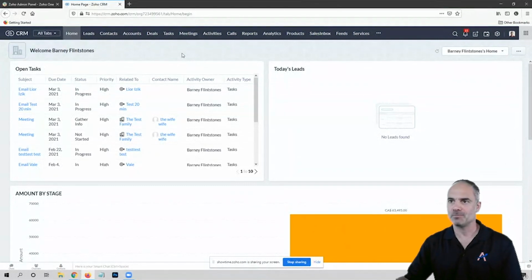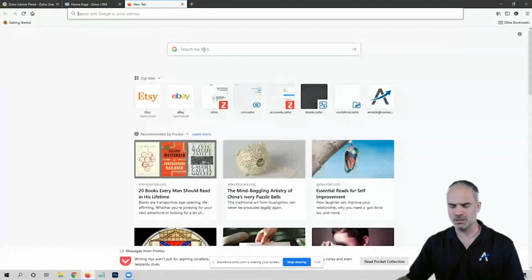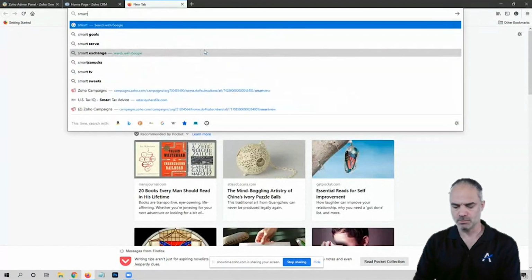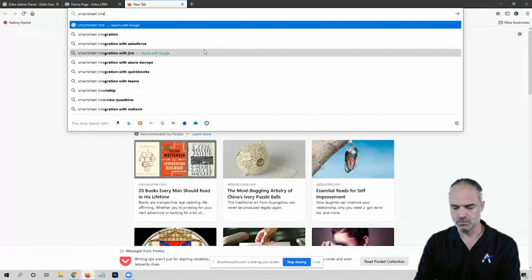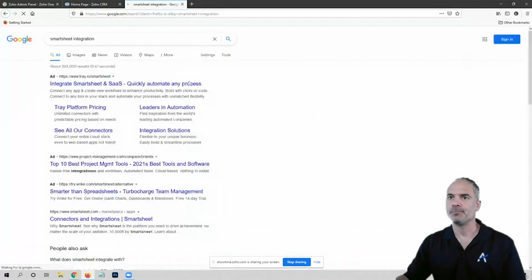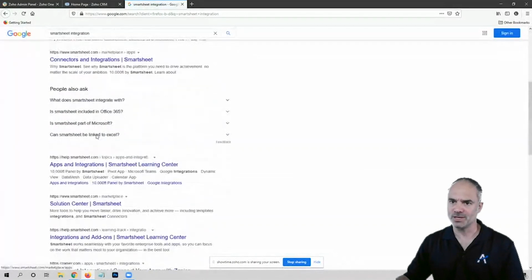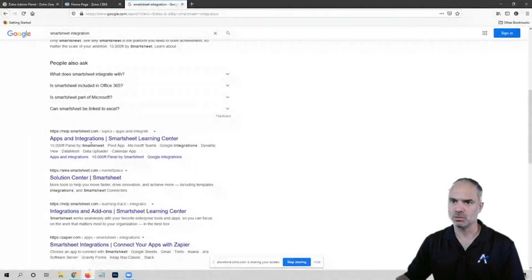Okay. Question I have is, is there an integration between Zoho and Smartsheet? Smartsheet, is it a separate product? Yes. So let's see what they have out of the box. This is the product, I assume. Yes, correct.